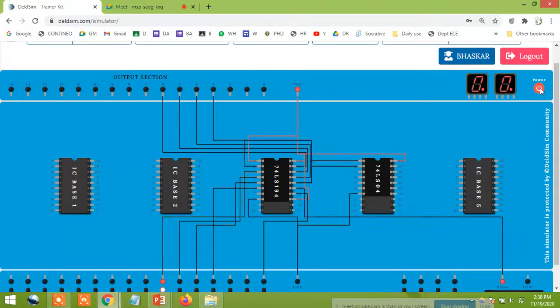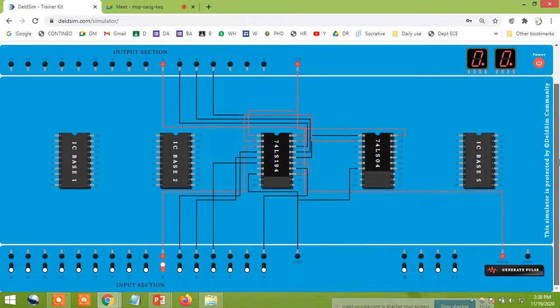Just switch on the trainer kit. What you have to do? First I want to load the value. Just make the mode value 1, give a pulse. Okay, now it is loaded. Next you need to make the mode value 0. Later you can see that, just generate the pulse. See that previously it was shifting, now a complemented value is coming. This complement will be added here, and the 1 will be shifted here. See 1100, next 1110 will come. Yes, next all are 1111.